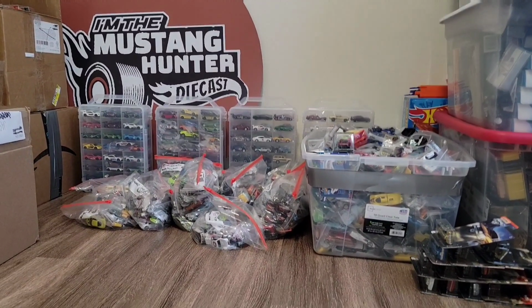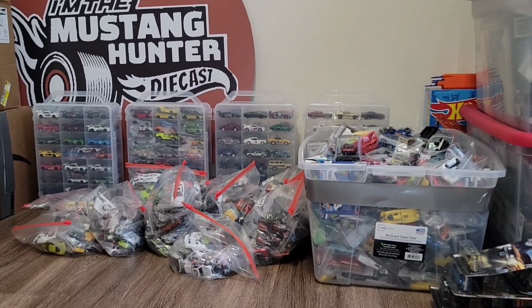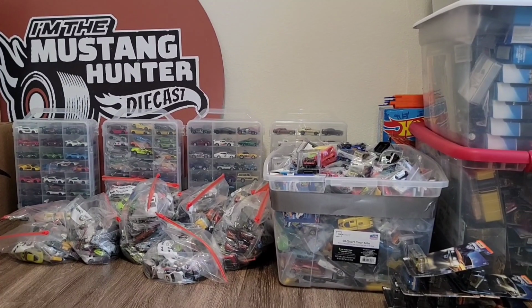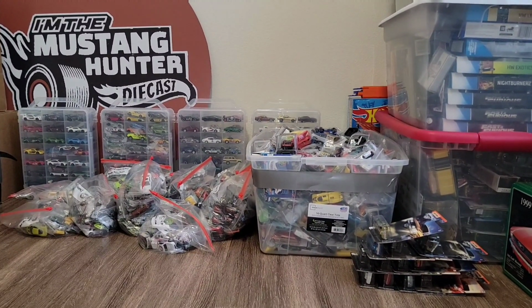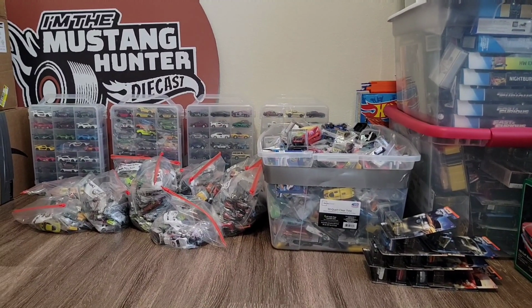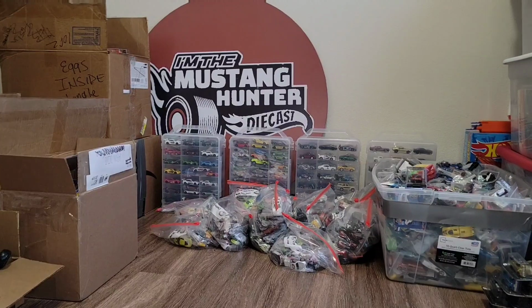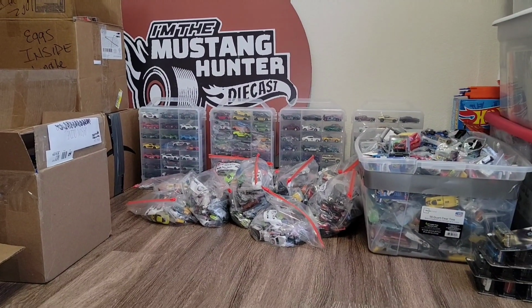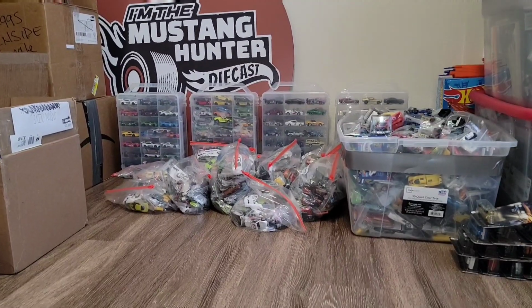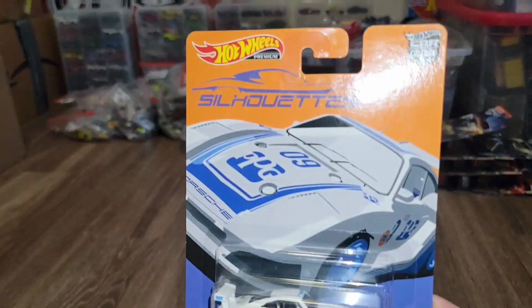So he had a lot of stuff, guys. He said he has about 12,000 cars in his collection and he's gonna be changing them out every weekend. So there's gonna be something new every time we go. So I am stoked because you guys know I love finding all the old variations of castings that we already have that are previously released out of the last few years. And finding the older ones is even better. So these are the things that I picked up from his booth, starting out with the Porsche